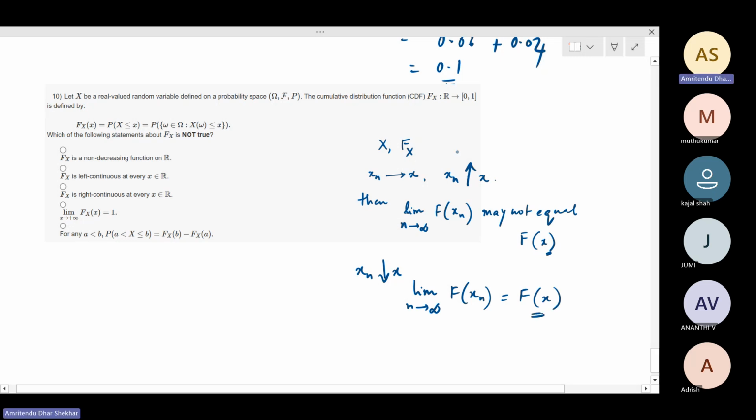So this is the definition of left continuity. If this were equal, we'd say it was left continuous. If this is always the case, this is why it's right continuous. Now the question is,